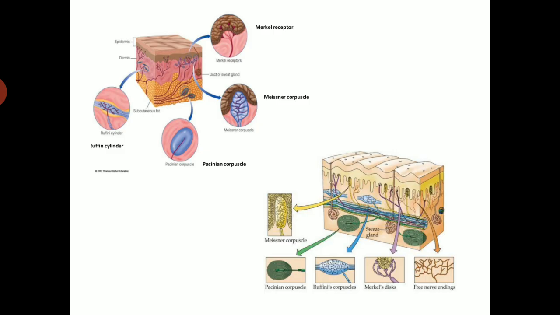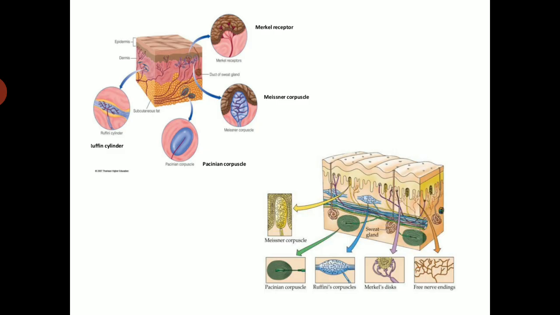They have the highest sensitivity and lowest threshold when sensing vibrations lower than 50 Hz. They are rapidly adaptive receptors. Meissner corpuscles are encapsulated,